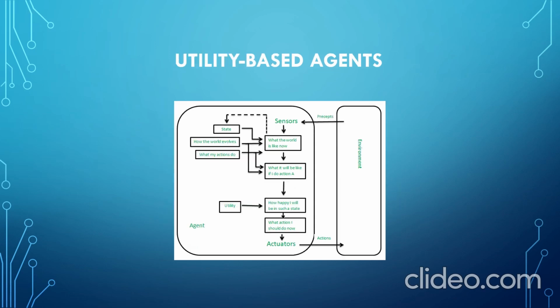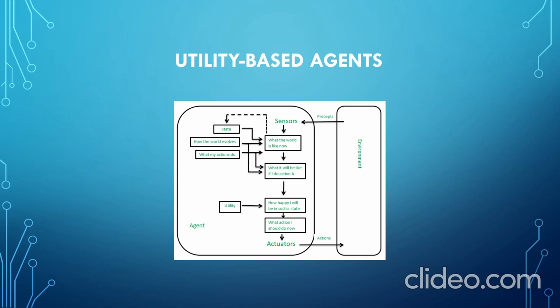The fourth type of agent is the utility-based agent. Utility-based agents choose actions based on a preference for each state. Goals are inadequate in some cases, like when there are conflicting goals out of which only a few can be achieved. Goals also have some uncertainty of being achieved, and you need to weigh the likelihood of success against the importance of a goal.